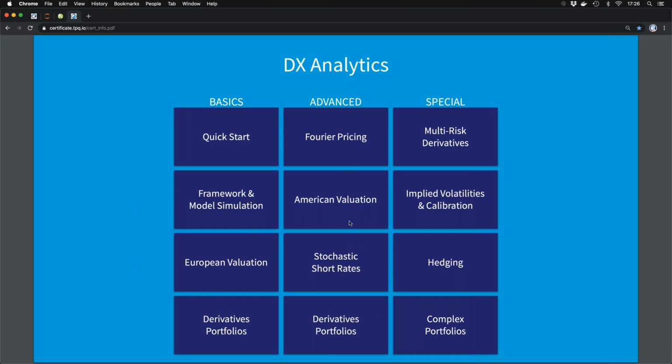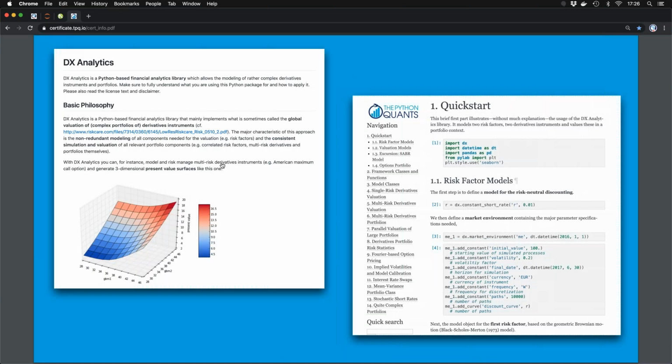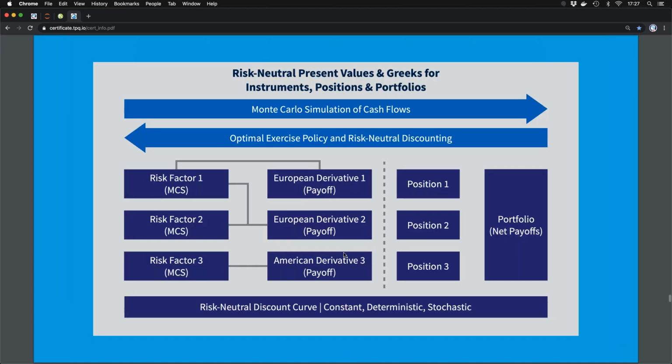Fourier pricing, American valuation, stochastic short rates, multi-risk derivatives, implied volatilities, calibration, and hedging. So that's quite a bit of what we cover here. DX Analytics has in and of its own also comprehensive documentation with 14 Jupyter notebooks that come along with it. So you have, of course, access to that as well, because it's open source, it's out there. But we go, I think, in certain areas a little bit deeper.